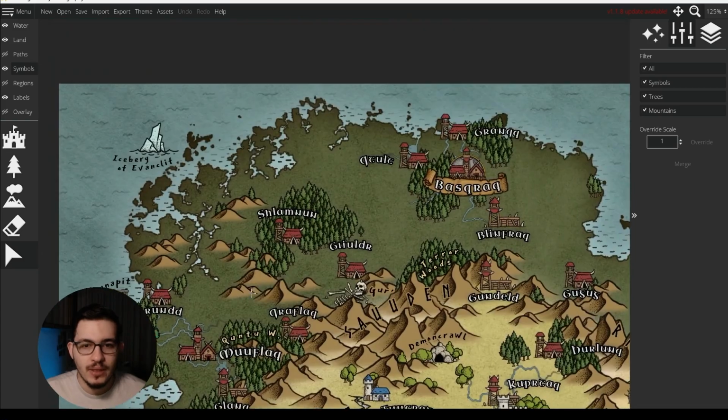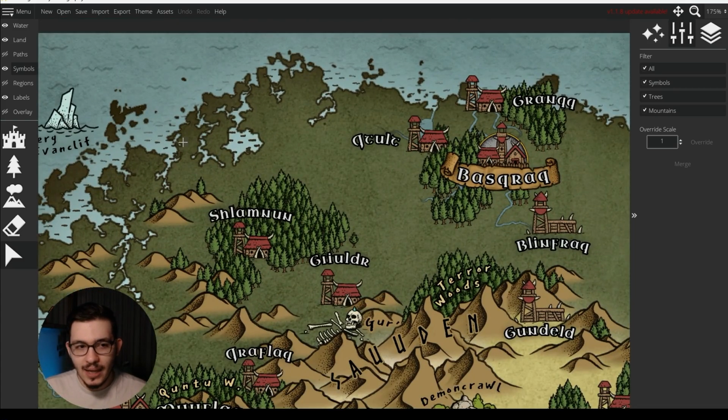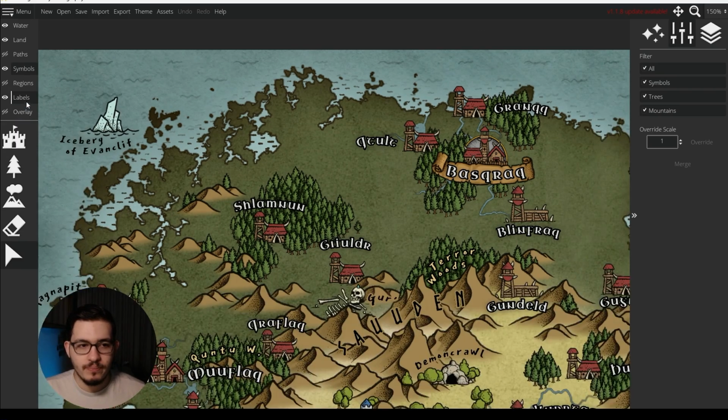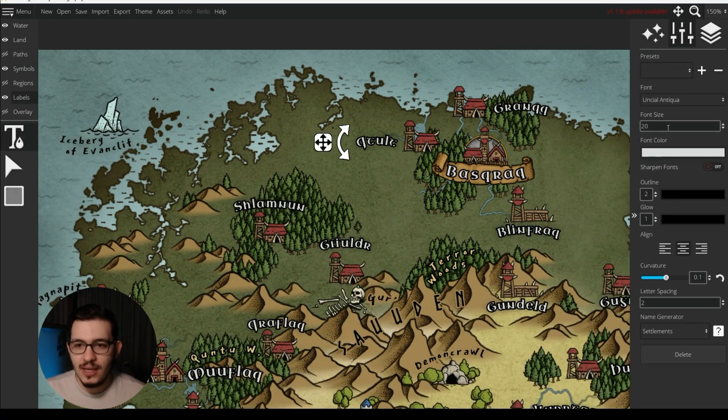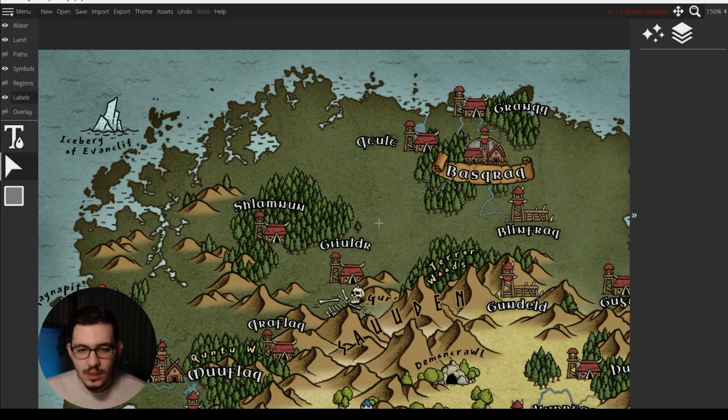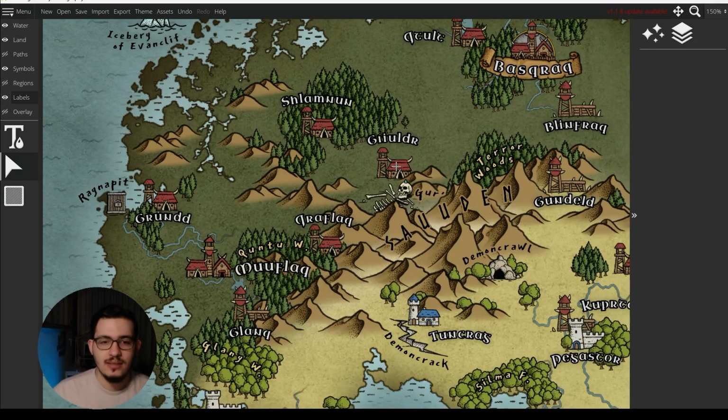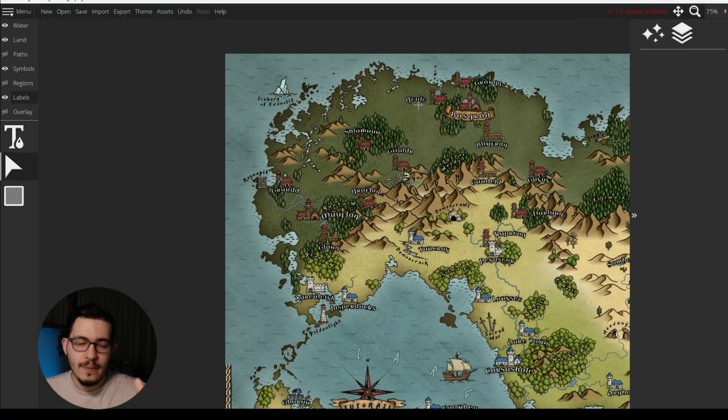For example, if it is a settlement, I have this specific font, the color, and a bigger size or a smaller size depending on the size of the place. So as an example here, all my towns have 20 font size, but all my capitals have 24. And this helps the viewer to understand, even when you look at it from afar, that some parts have more importance or are more major.